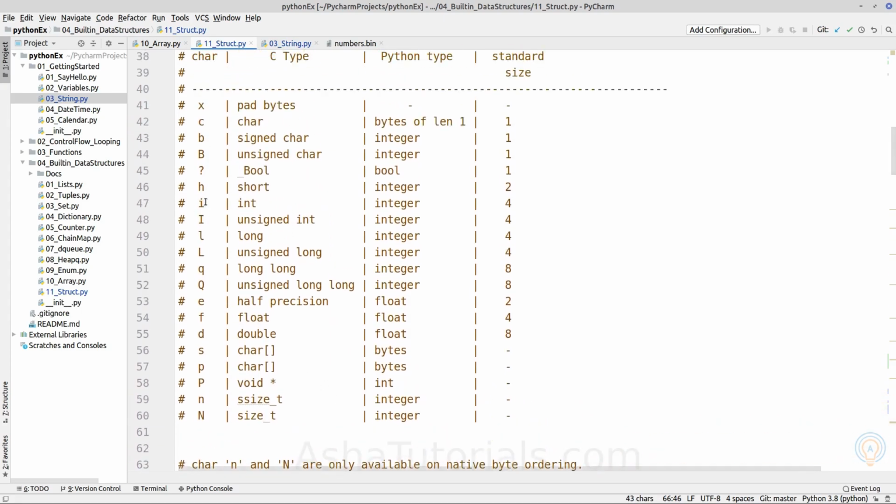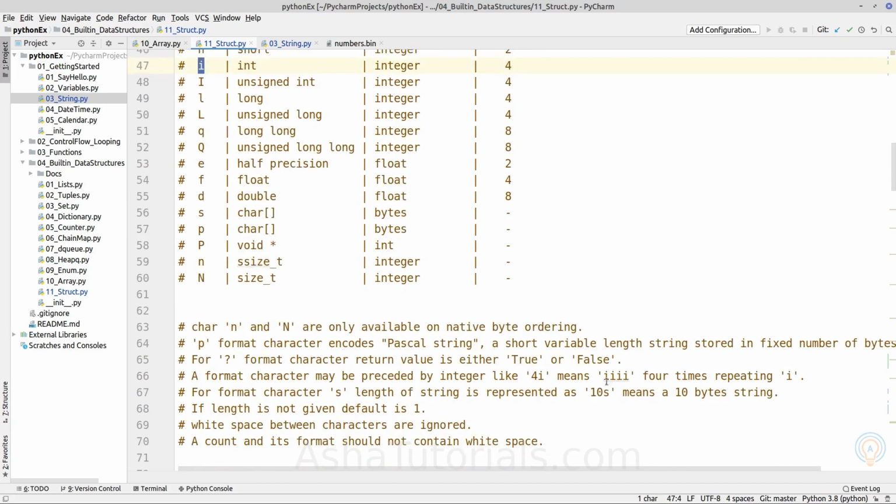We can use any of the characters to represent a single type of object to be packed or unpacked inside the string. Here we can write I four times, which means when we are packing or unpacking, there will be only 4 elements and all of them will have the type integer. Instead of writing I repeatedly 4 times, we can use the short notation 4I, which is equivalent. Same for the format character s, the length of the string is represented as a number preceding the type of data.